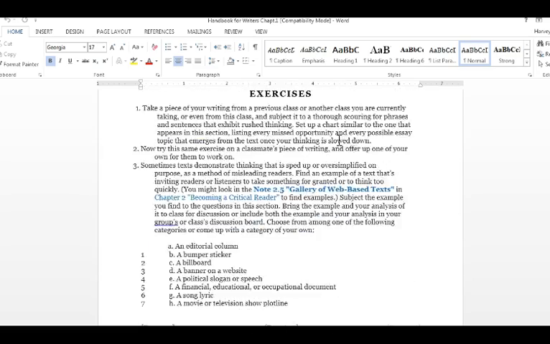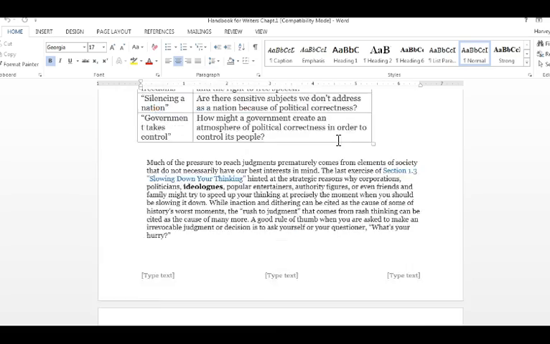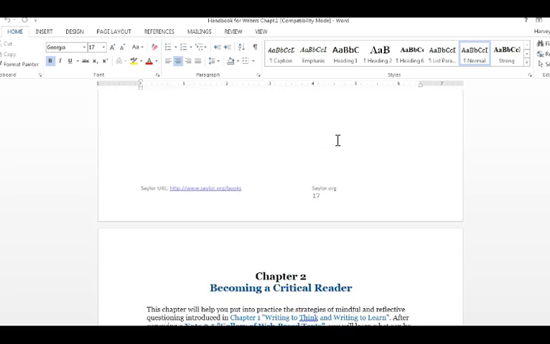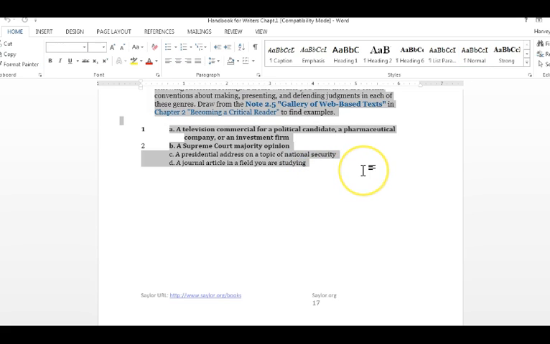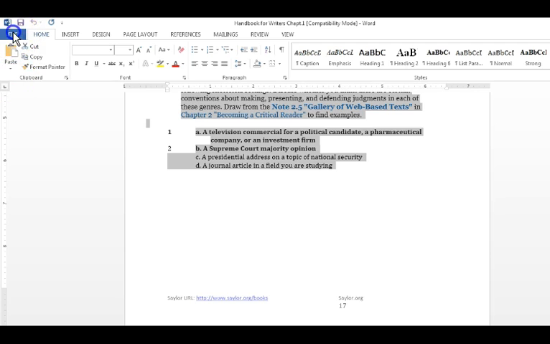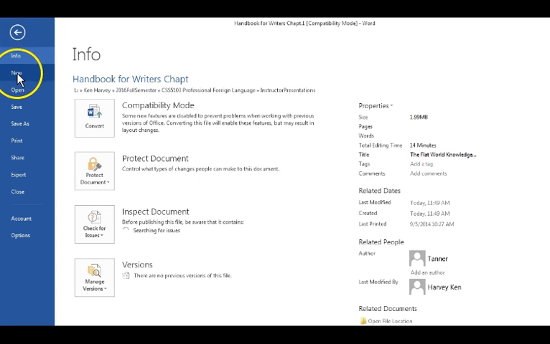I'm going down, finding the end of this chapter, and right in here, then I'm going to hit the Shift button. So at first I just clicked. I'm going to hit Shift-click, and that has saved everything between here and where I put the first click. So I'll hit Control-C to copy it, and now I'll go ahead and go to File, and hit New,